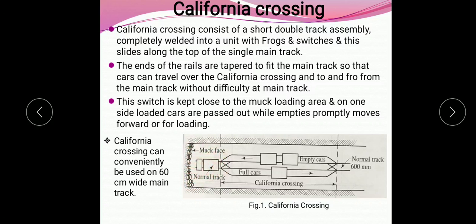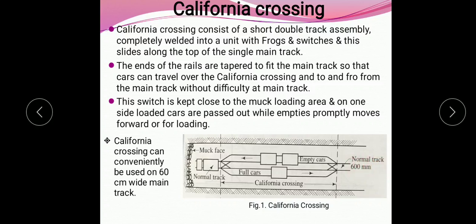This is a normal track, and here we can see the empty cars are sent from this track to this location. Here these cars are loaded with the excavated material. After loading, these cars are taken from this track to the outside of the tunnel entrance for unloading.